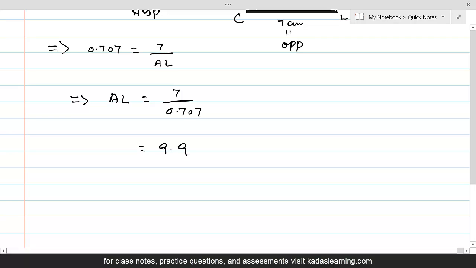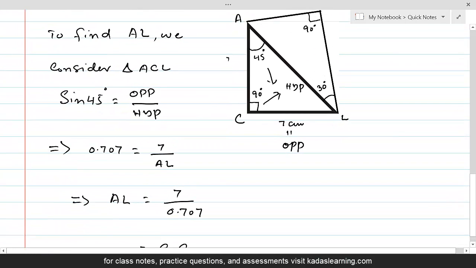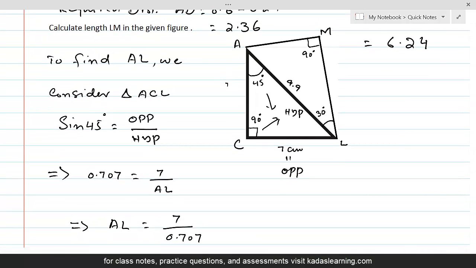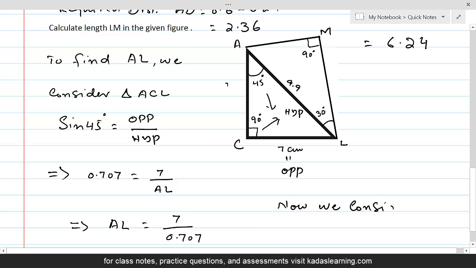And now once we have found this hypotenuse, that is a common hypotenuse to both triangles. So if this is 9.9, and we are required to find ML, now we can take a look at this triangle ALM. Now we consider triangle ALM,